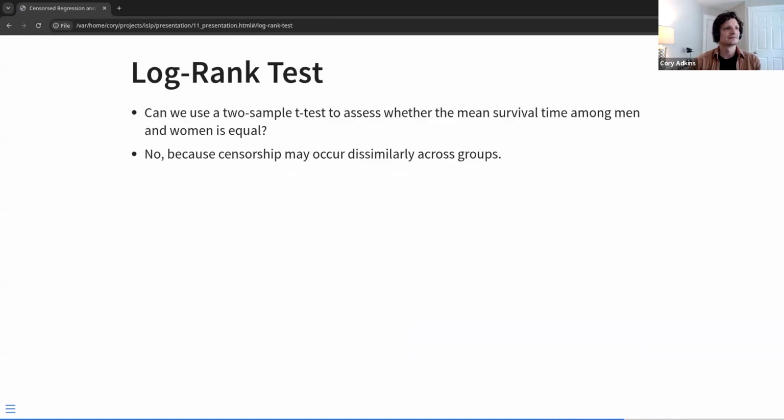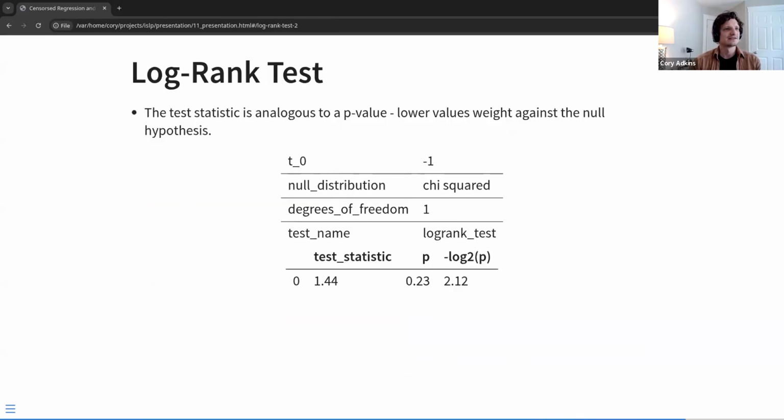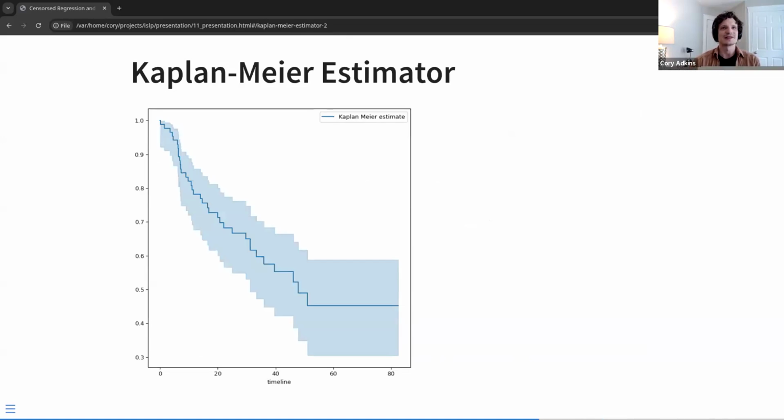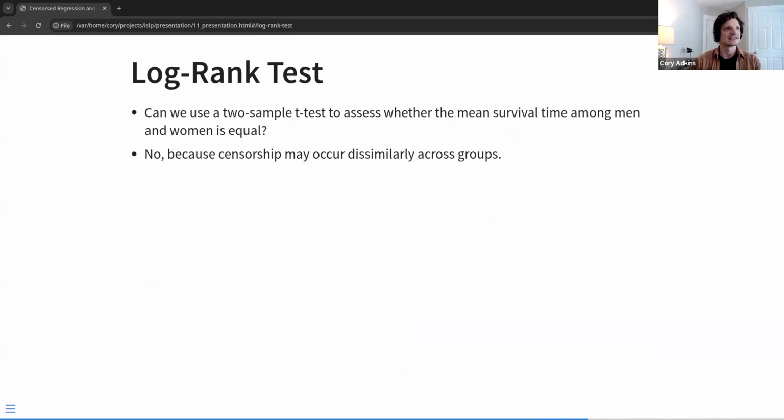And I guess my chart, I thought I copied the chart where they broke out the survival rates for men and women, but I guess I didn't. I'll put that back in. But